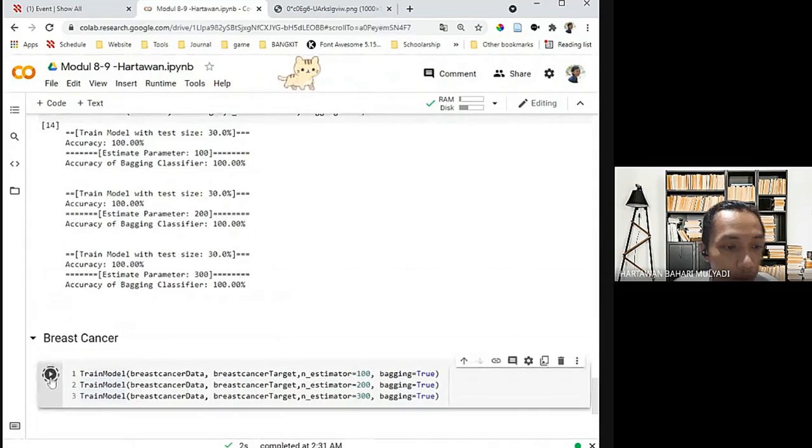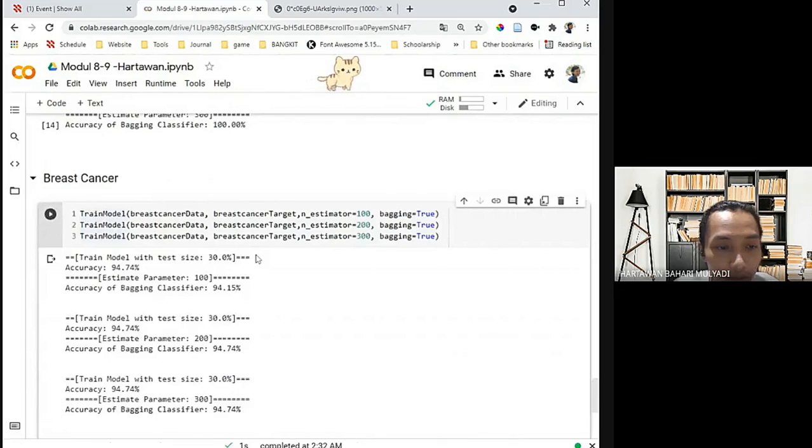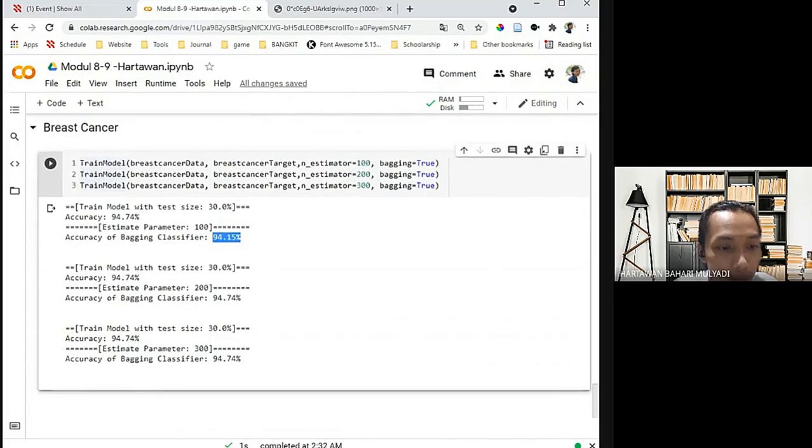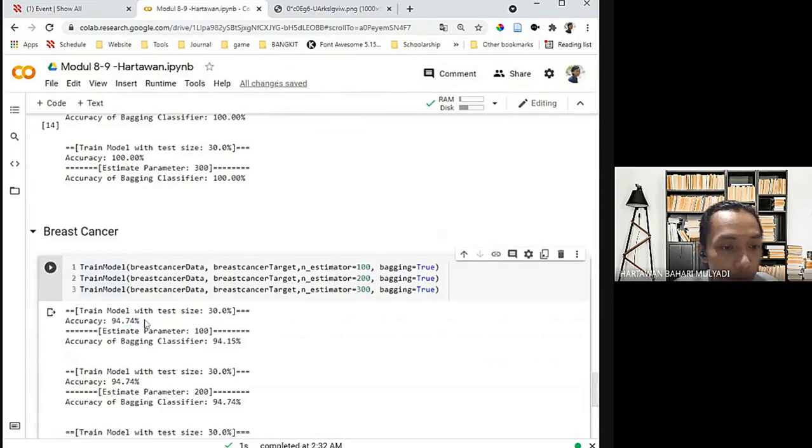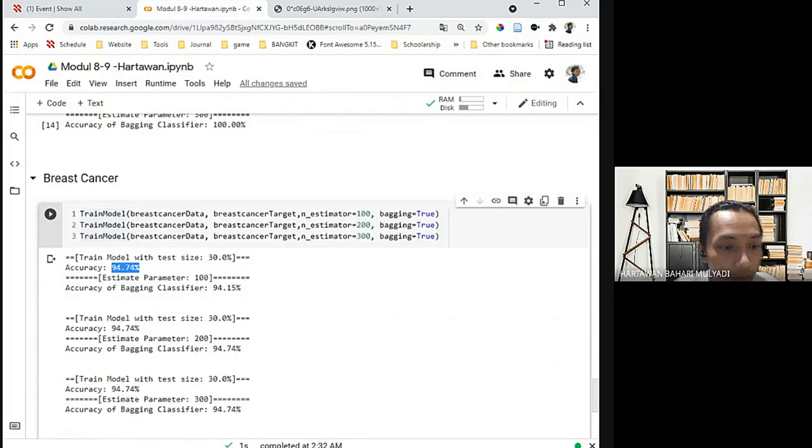So it's up to you to choose which model you will use. Okay, and next for breast cancer, we run it here. In breast cancer, there are different results compared to wine. When we use bagging, there is a lower accuracy compared to only the scaler, with the same test size but a different n_estimators parameter.